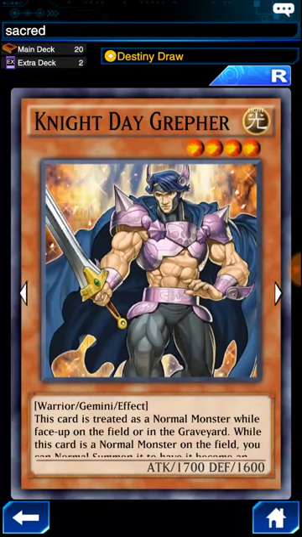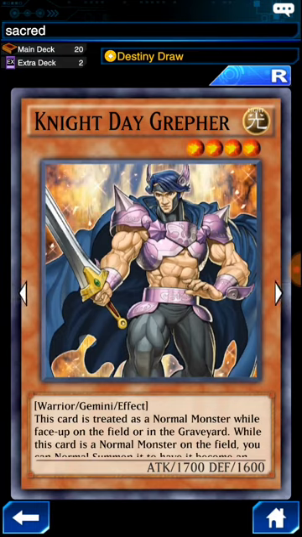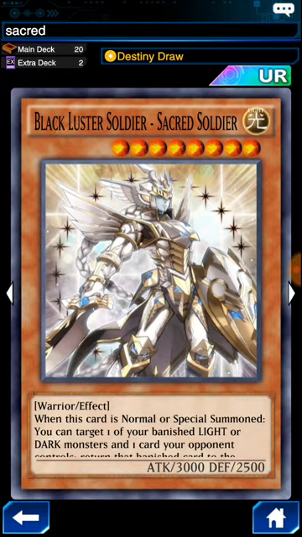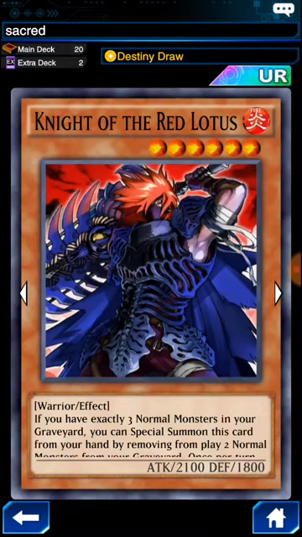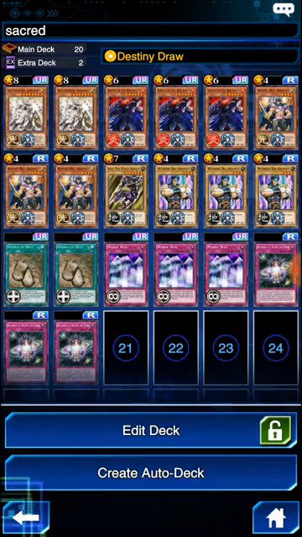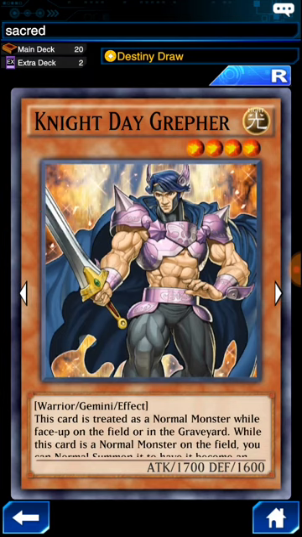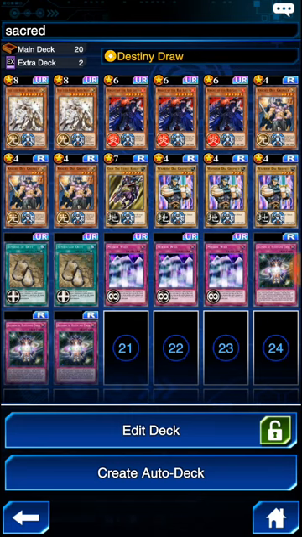But you do want to send the Knight Dai Grepher to the graveyard first before you start sending any of the regular Greffers, and the reason for that is that the Knight Dai Grepher is a light, and you always want to have a light removed for a Sacred Soldier. Otherwise, the first effect will not trigger. So you special summon the Knight of the Red Lotus, remove a Knight Dai Grepher, remove a Gai The Fierce Knight, then special summon the other Knight Dai Grepher, and then from there you can either go ahead and attack,